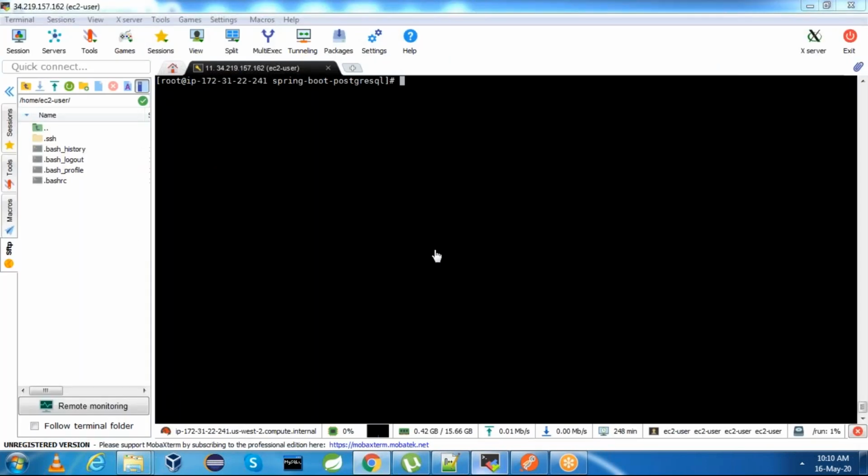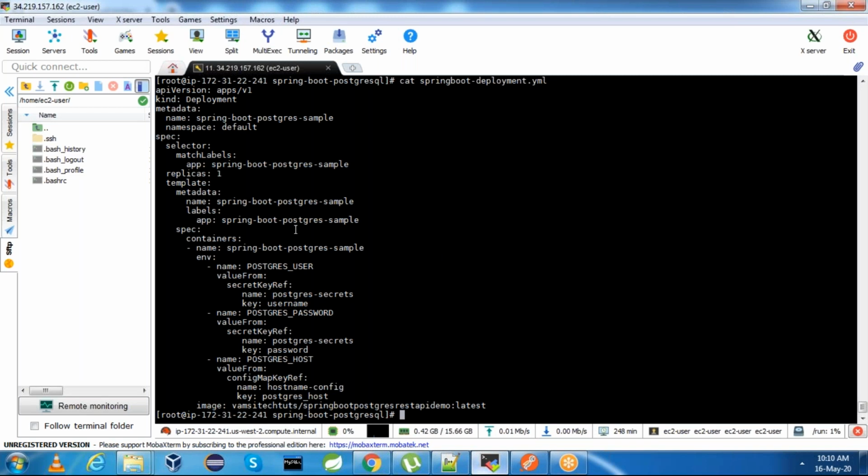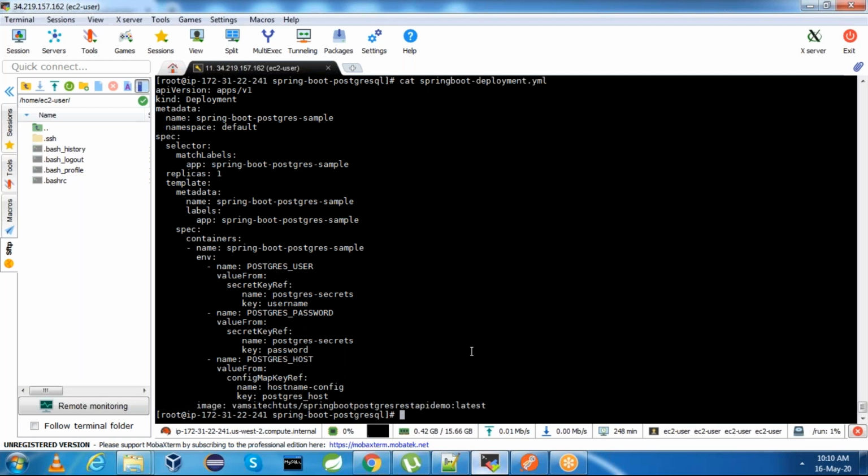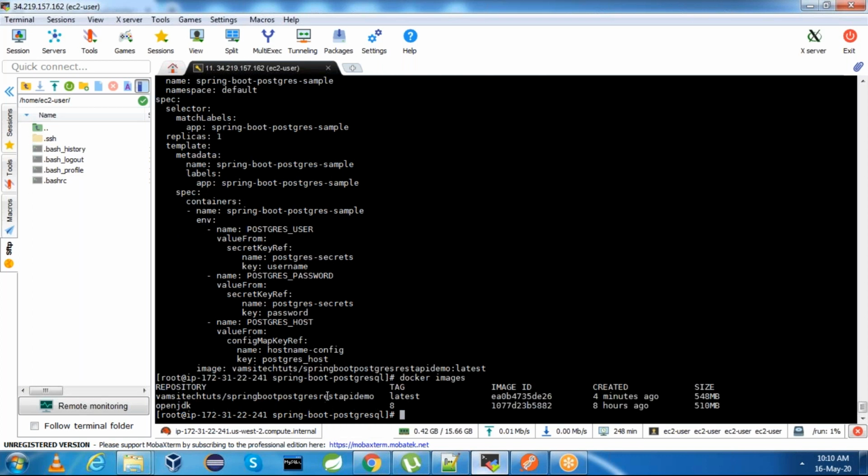We have the Spring Boot deployment YAML. In the Spring Boot deployment YAML, I need to mention my image name. Okay, this is my image name, Vamsi Tech Tutorials. You can cross-compare using docker images, which is there in your local machine, or else you can cross-check in the remote repository of Docker Hub as well.